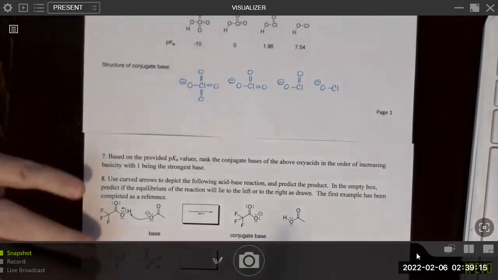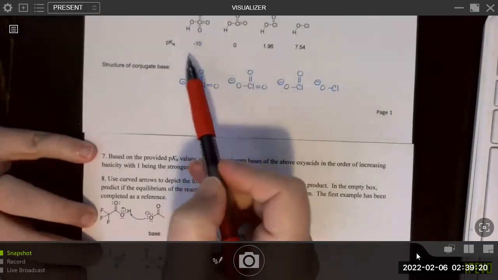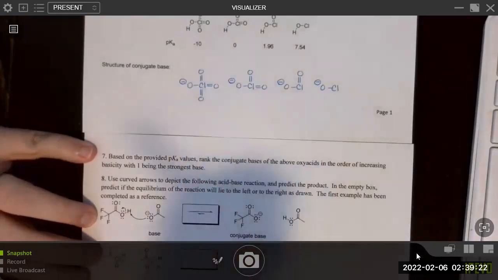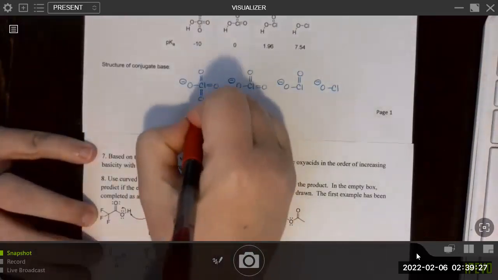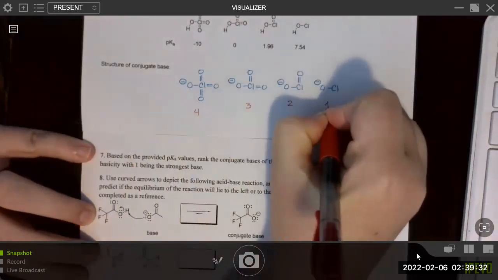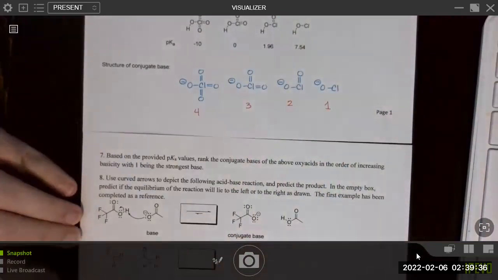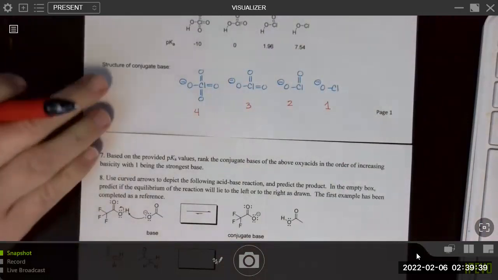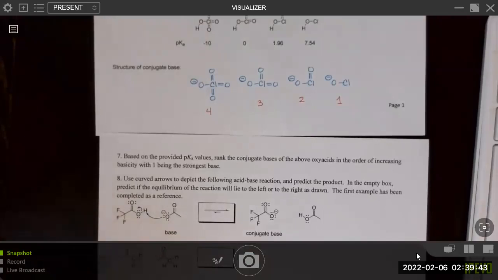Okay, so again, right, we have lower or more negative pKa value is a stronger acid, right? So stronger acid corresponds to weaker base. So we would work our way up to strongest base, which would have the weakest corresponding acid. Okay, so you can see that having a knowledge of pKa values is definitely helpful in understanding base strength.